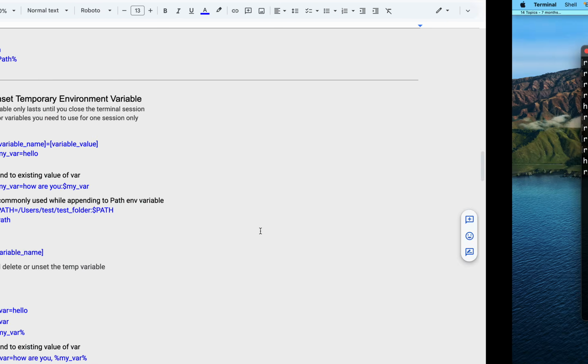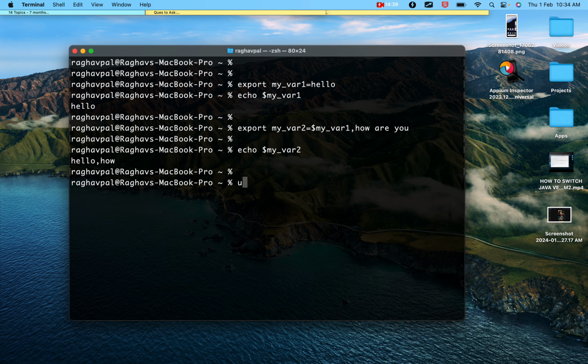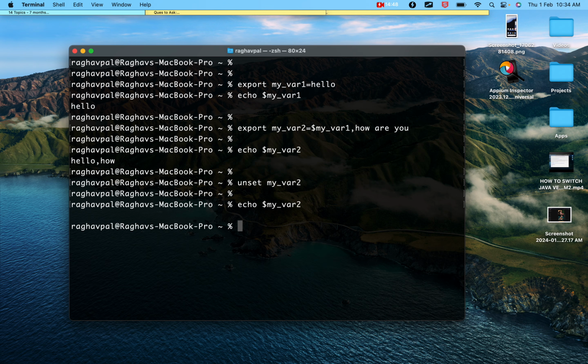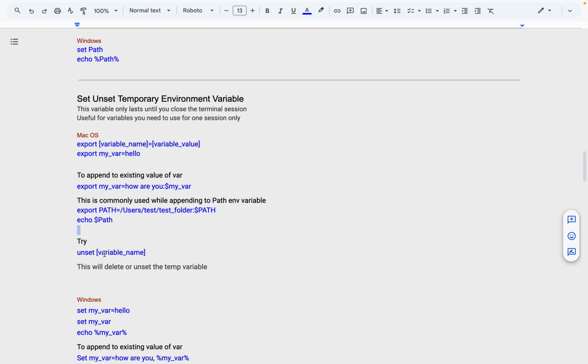Okay, now to unset, I will say unset myVar2. Now if I try to access myVar2, it is no longer present. This is on Mac, and on Windows